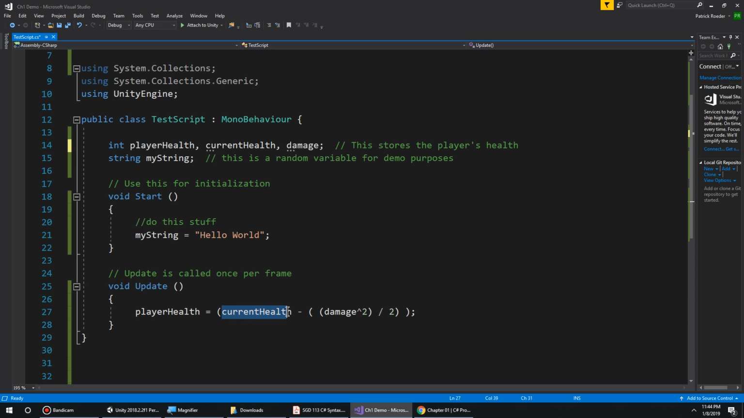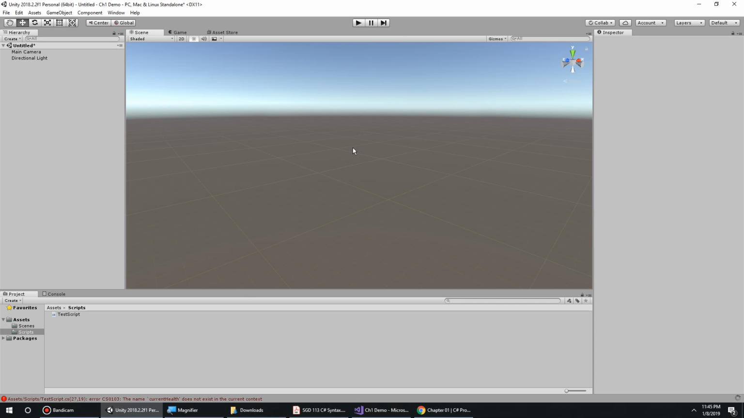Because at first it was like, you want me to look at current health. I don't know what that is. Is it an integer? Is it a function? Is it an array? Well, now it knows. It's just a regular old integer when we declare it up here. Same thing with damage. It didn't know what damage was. But now it's happy. And if we go back to Unity,